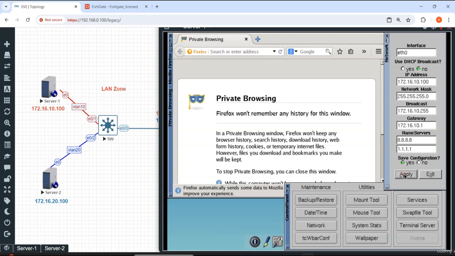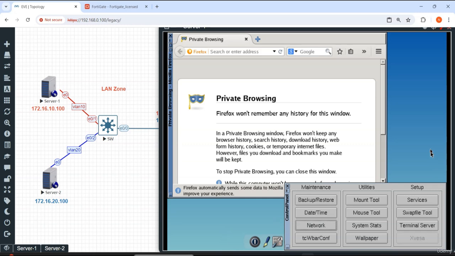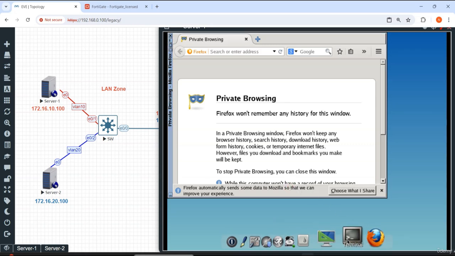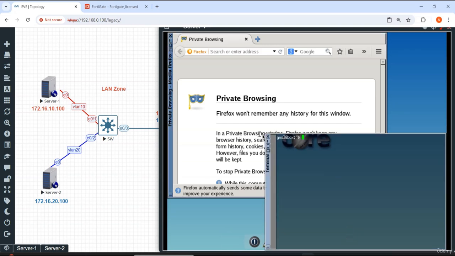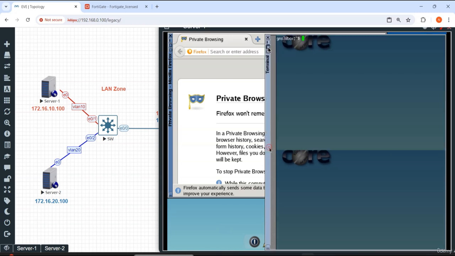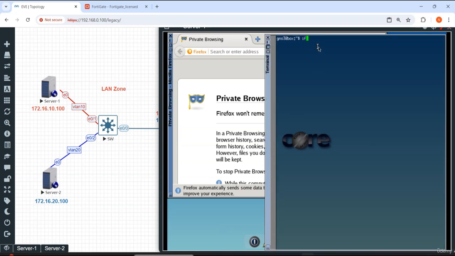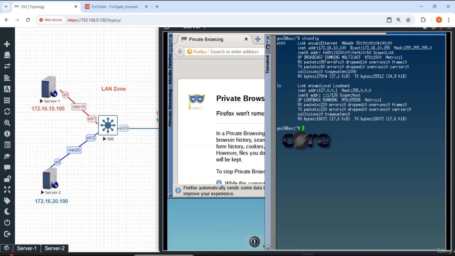Then save the configuration, yes. You need to click apply, but once you click apply, this page will not go away automatically. You can just click exit. You can also verify whether the IP you have configured is still there. Go here and you'll see something like terminal. Under terminal, you can enlarge it if you want. ifconfig is basically a Linux utility. So you can run ifconfig, and the IP address that I have configured is here,